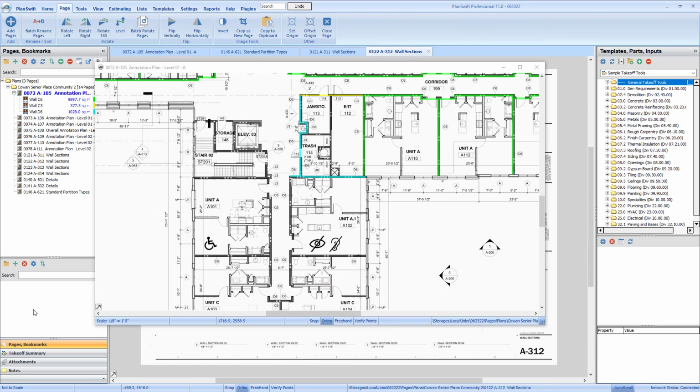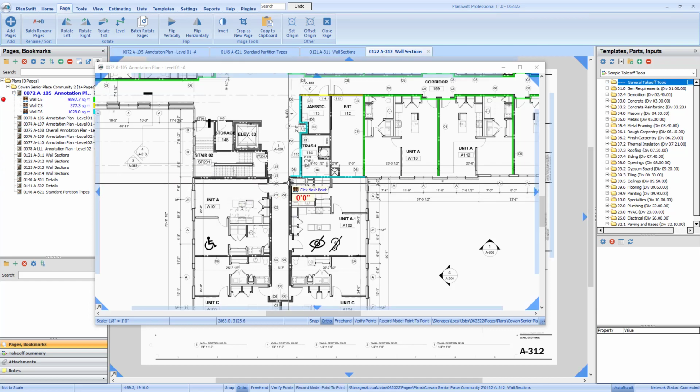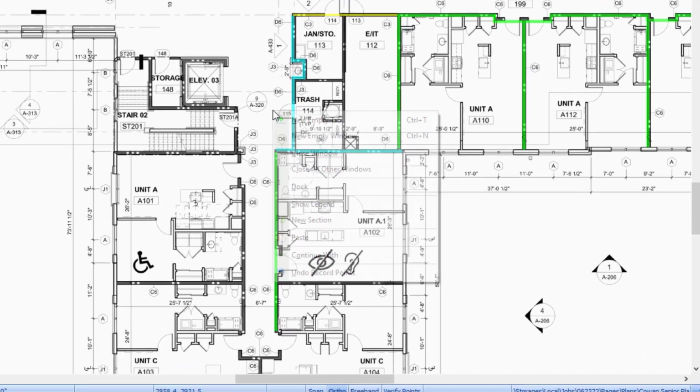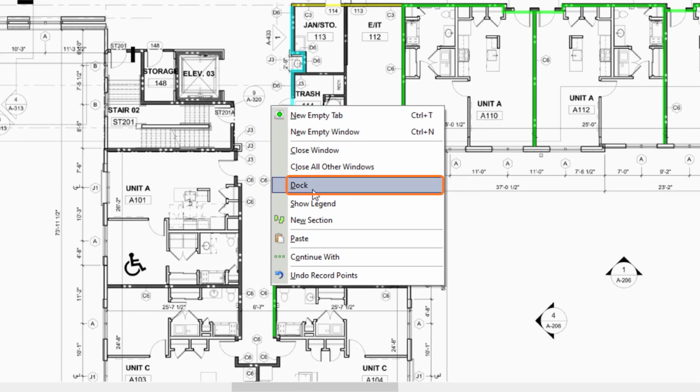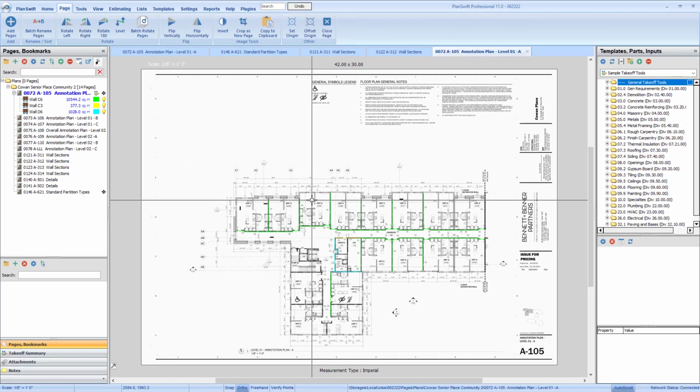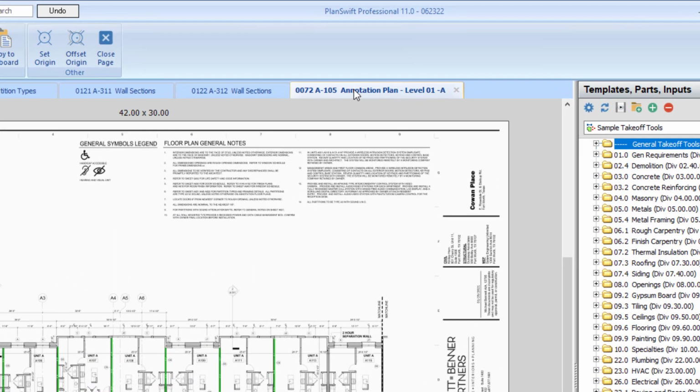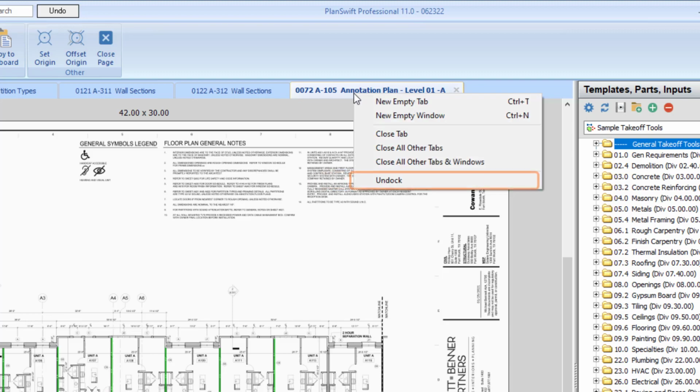These additional tabs and windows work in the same manner as your main canvas. This means you can add dimensions, notes, annotations, and takeoff on the images in the new tabs or windows. Also, if you added a new window, but would really rather have it be a tab, you can right-click on the image in the new window and then select Dock. And that then closes the window and adds it to the row of tabs along the top of the screen. To go the opposite direction and turn a tab into a window, right-click on the tab along the top and select Undock.